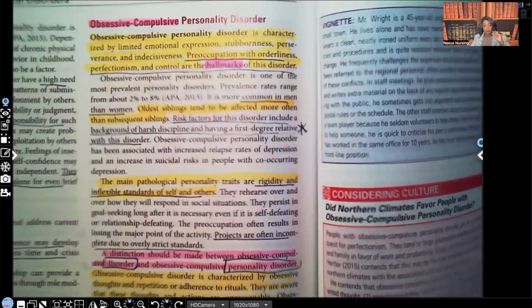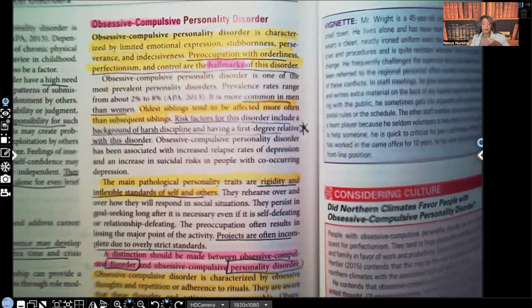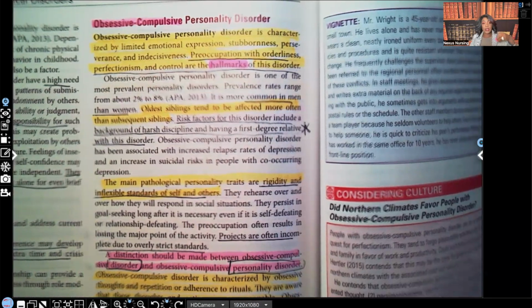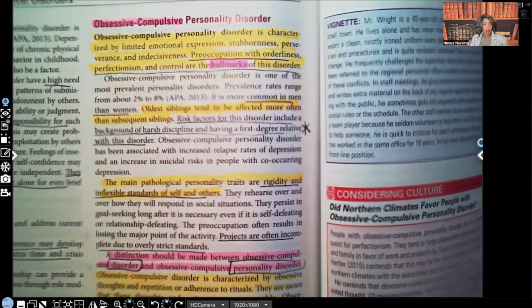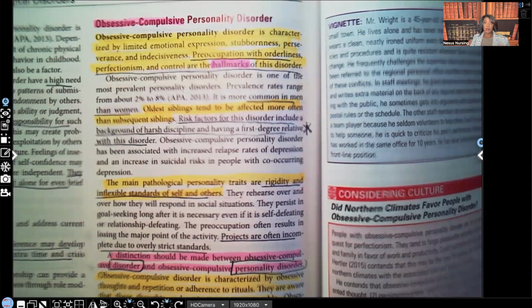Now remember, when it comes to personality disorders, whether we're talking about obsessive compulsive personality disorder or antisocial personality disorder, or dependent personality disorder, or avoidant, whatever, if it's a personality disorder, there is no cure. There are treatment options, but no cure, okay? And so patients with personality disorders are hard to deal with. It's hard for them to keep relationships, whether platonic or romantic, just because of those types of personality disorders.